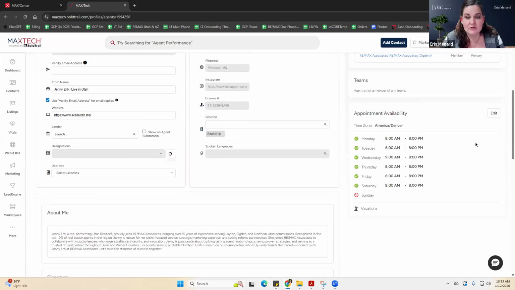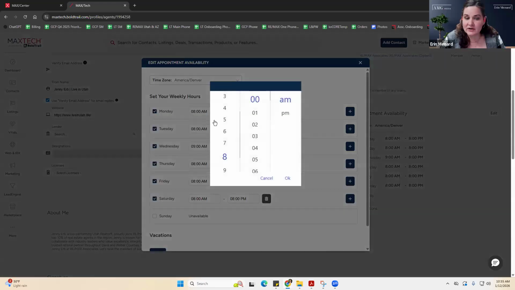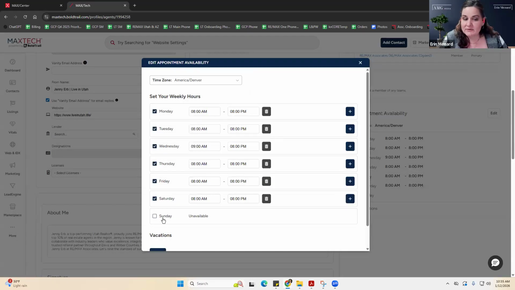This is going to show when you're available for appointments, so you're going to want to go in and edit this. Right here, it's going to say edit. Then you're able to come in here and pick your starting time of when you would start taking appointments, and then your ending time of when you're going to end taking appointments. You are able to add